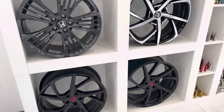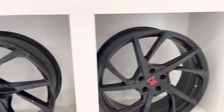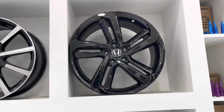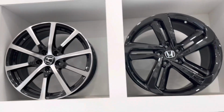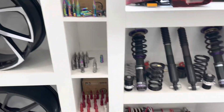Okay guys, we made it. So I'm just gonna record a little bit of what they have, and I'm gonna take you guys shopping with me. Damn, look at these. Are these even stocks? They have a Honda logo on it. Well, they also have a gloss black for those people who are like a big baller and don't want to do the chrome delete or powder coat it. You get it, they have it. Especially if you're from New York City. And they also have lug nuts,